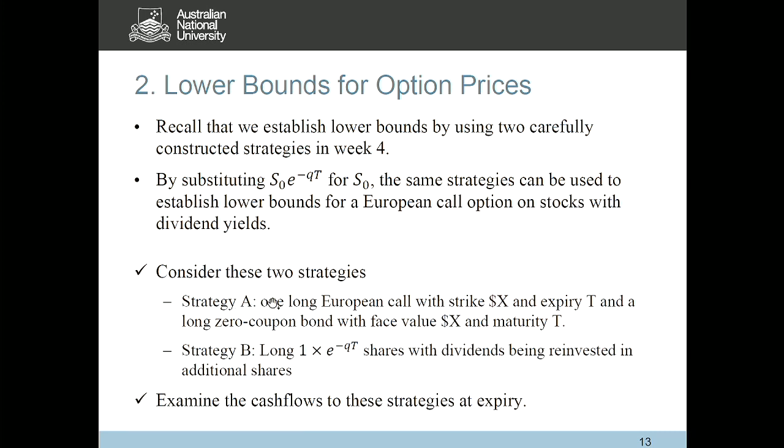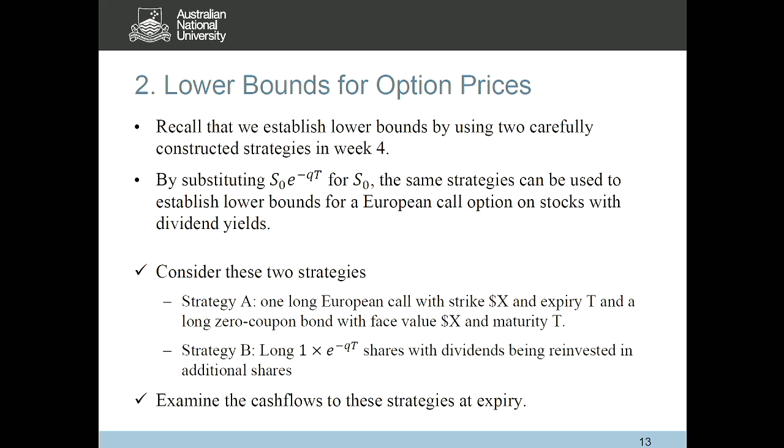So what is in portfolio A is that we're going to buy 1 unit of European call with a strike price of X and maturity time T. And the second piece to that portfolio is we're going to buy a zero coupon bond. We're paying the present value of the face value, and the zero coupon bond would make us a payoff of